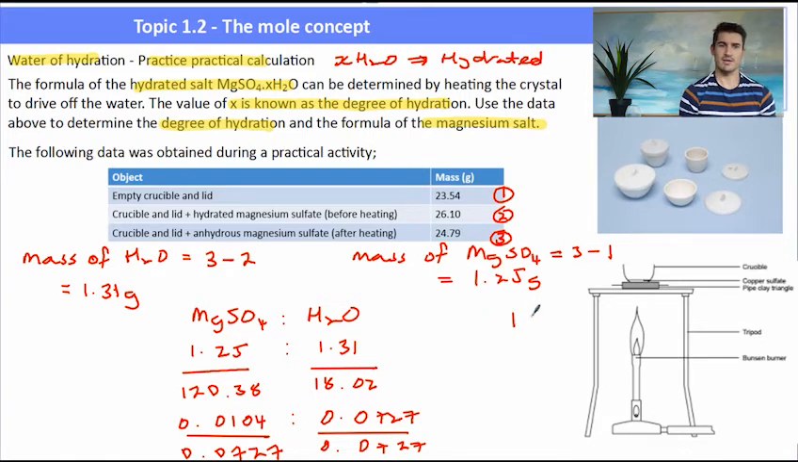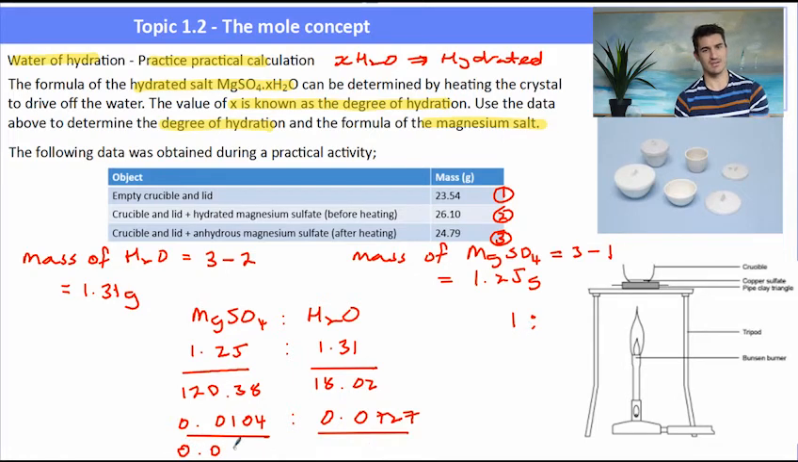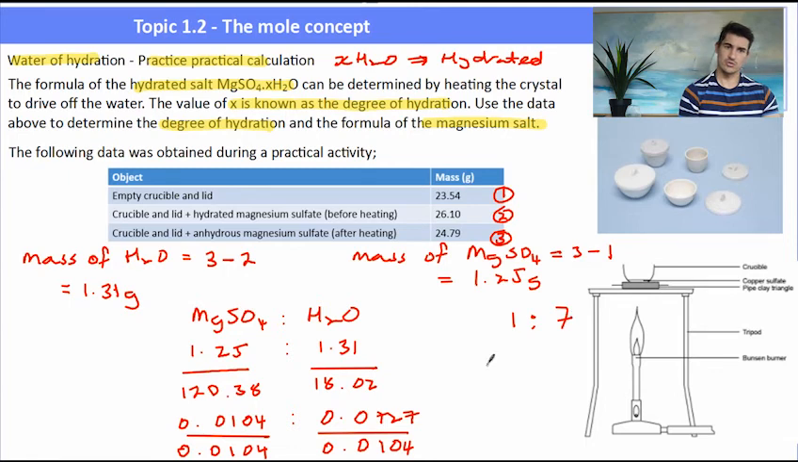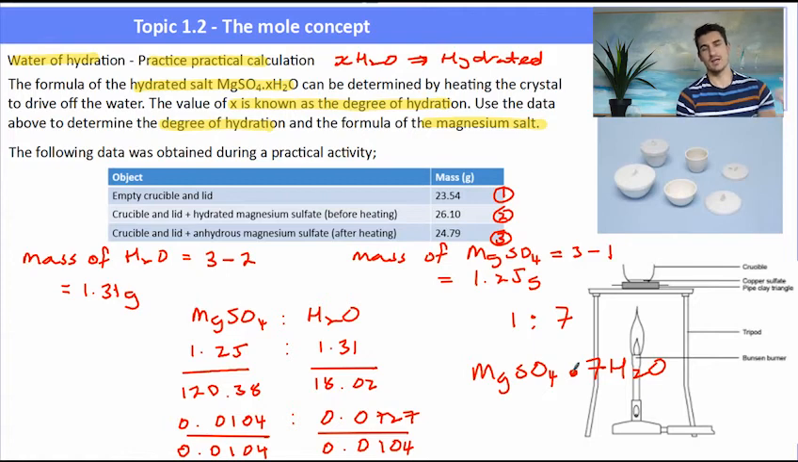So when we simplify that ratio, we get a 1 to 7 ratio. So our degree of hydration, we would say, is 7, because we've got 1 ionic salt crystal to 7 water molecules. So the formula for this hydrated salt would be MgSO4.7H2O. This is the lab that we'll do in class, so you'll be asked to do the weighings, heat the